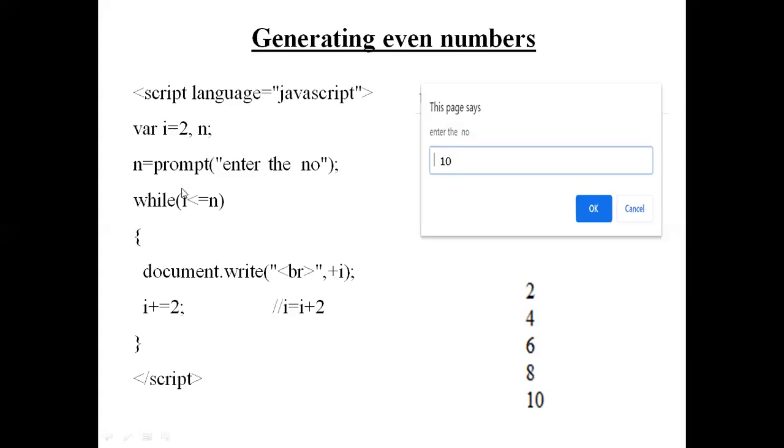So you have to write this statement and this statement properly. Then only the output will be proper. Okay. So here there is initialization. If there is a prompt, it has to be given here. Otherwise, directly after the variable, you are coming to the while statement. The checking expression, display, and the increment or the decrement. So follow the syntax properly. Every program will be different. So this is the program to generate even numbers.